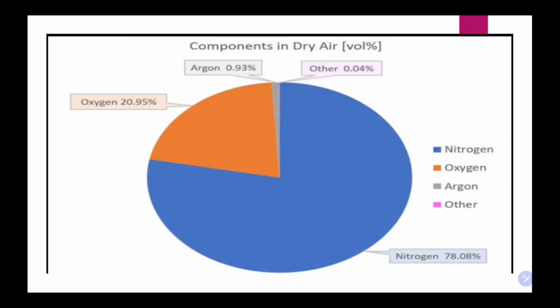So students, we can see in this diagram, I have put this diagram so that we can recall the composition of the air, the atmosphere. The major gases are nitrogen, oxygen, then argon, and other gases, which contain carbon, helium, hydrogen, and so on.